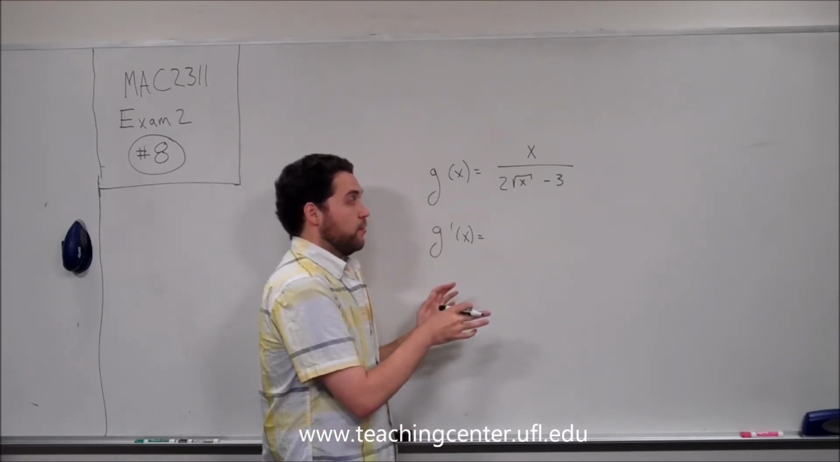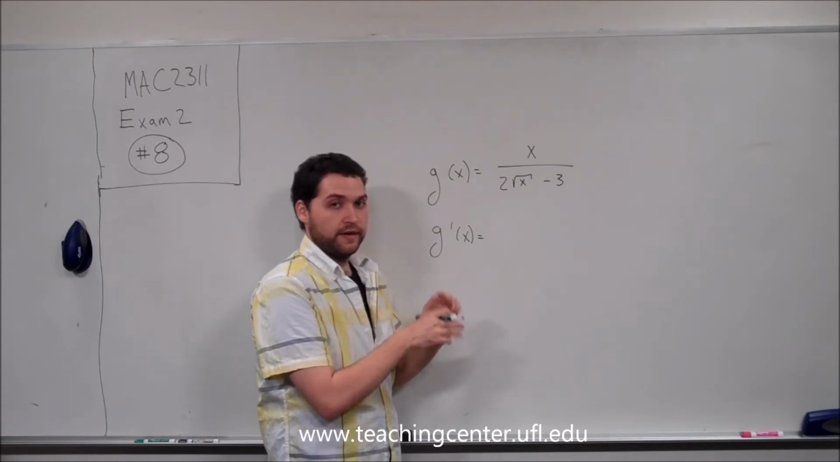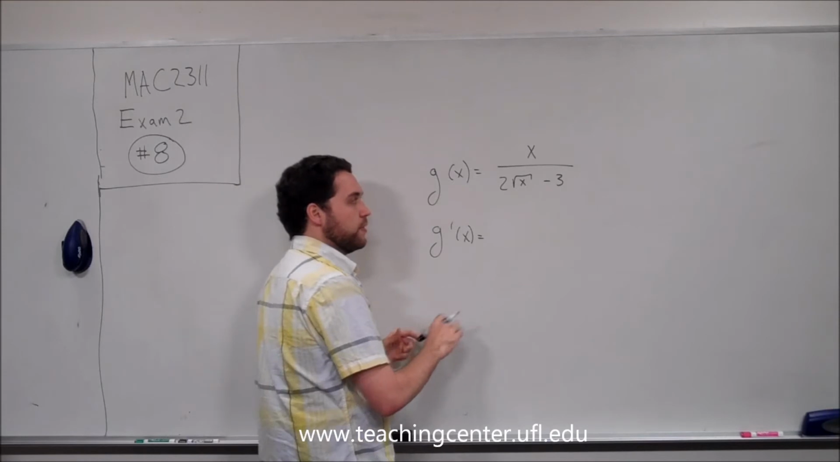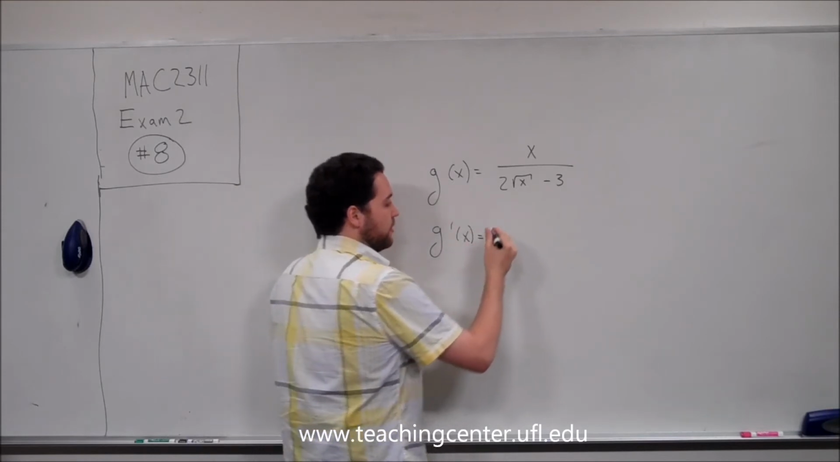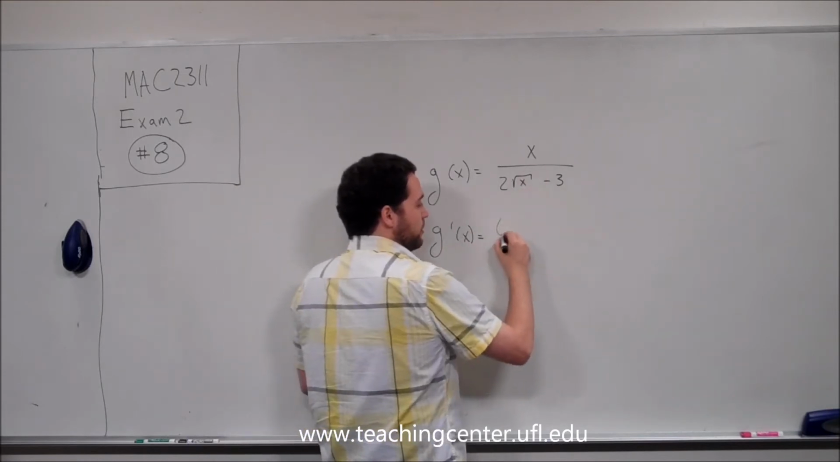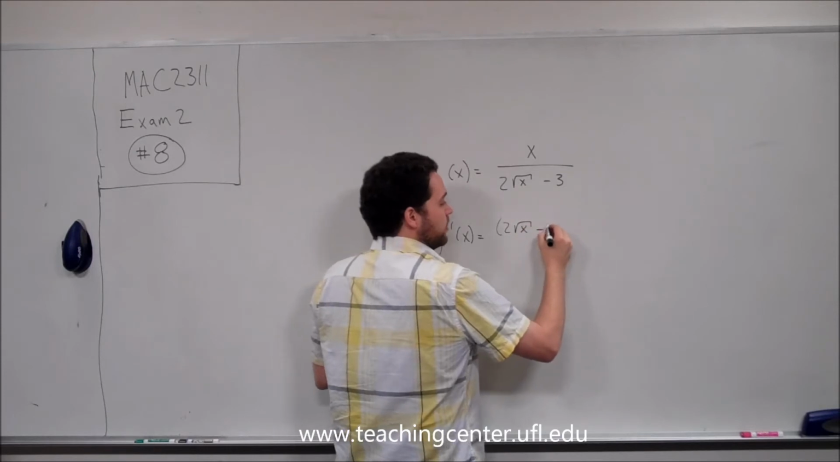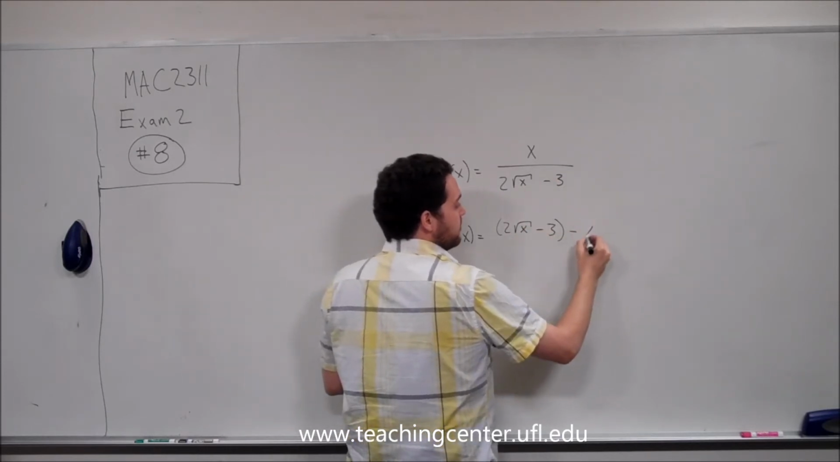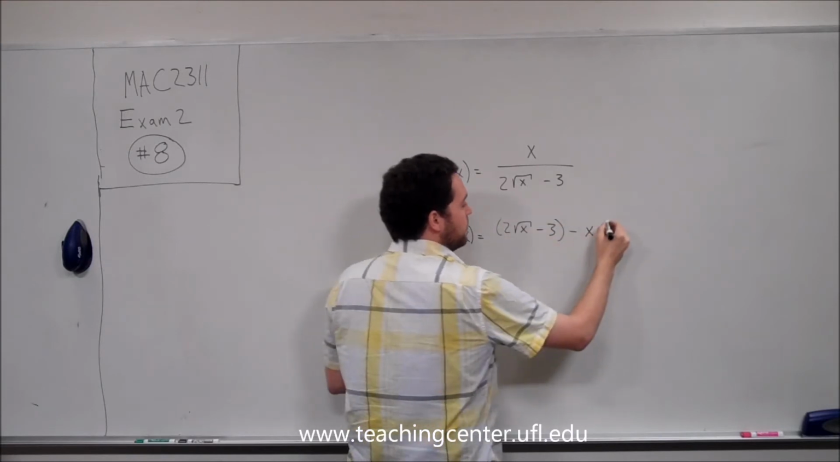And when we set it equal to 0, we can just set the top equal to 0 because the denominator doesn't contribute to when the function is equal to 0, only the numerator. So let's first go ahead and derive this. We can use the quotient rule here, so it would be low times the derivative of the top, which is just 1, minus top times the derivative of the bottom, which would